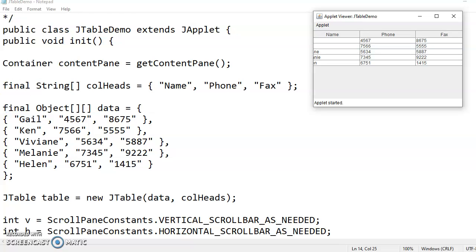Like this bracket is for the first row, then a comma, the second bracket is for the second row, comma, again a pair of brackets for the third row, comma, a pair for the fourth row, comma, then the fifth row. So you will have a pair of curly brackets for each row, and within that pair, opening and closing brackets, you will be writing the values.